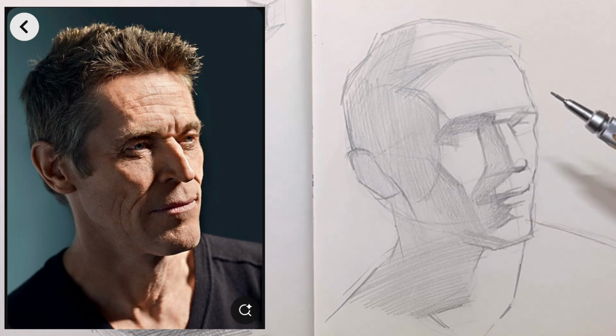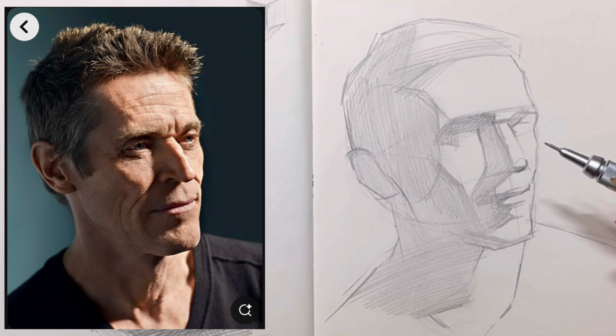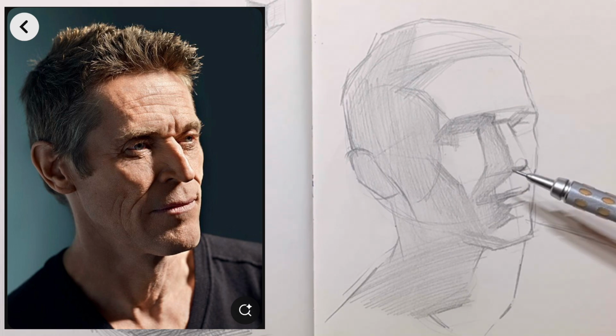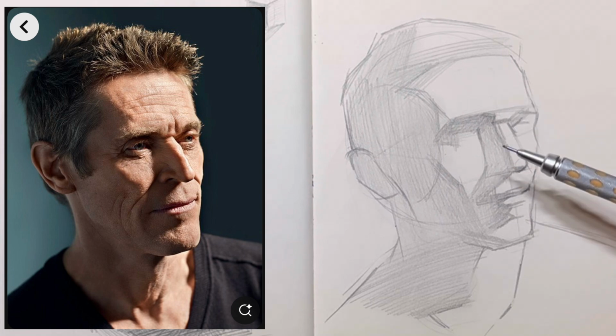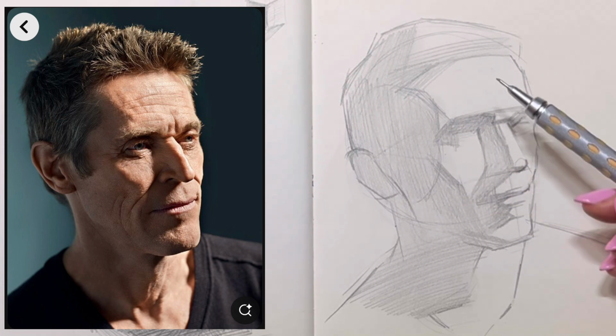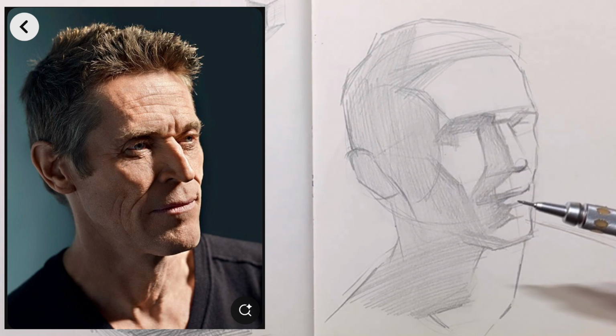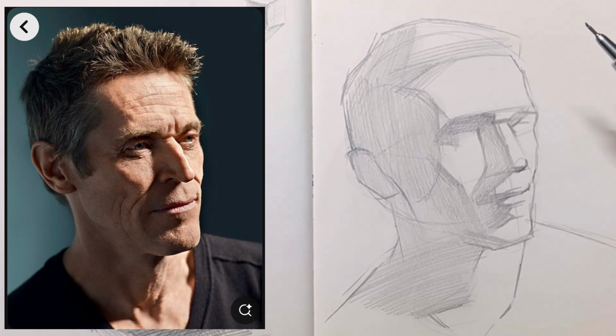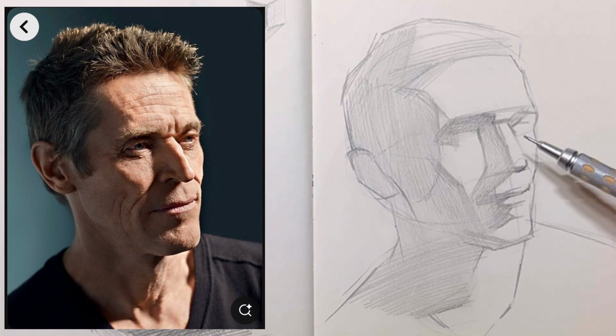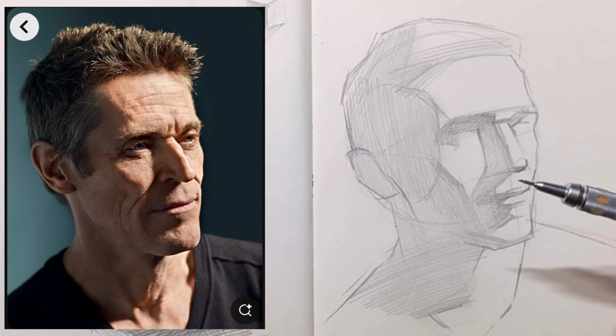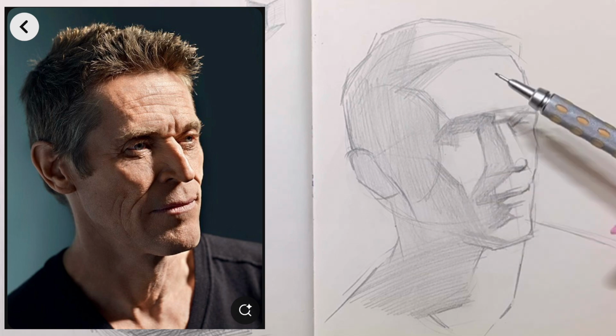So it makes it easy to make the drawing three-dimensional and very good to learn how to make a volume and how to create the contrast of light and shadow. It's a good reference photo. That's why I chose this one, and I wanted to show you how to draw a portrait with a very strong